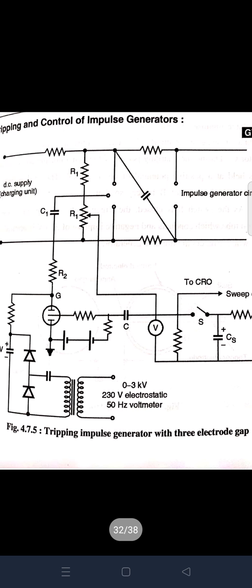Okay. The tripping impulse is applied through the capacitor C2 during the charging period of the generator. The anode of the thyratron tube is held at a positive potential of about 20 kV. The grid is held at negative potential with the help of a B battery so that it does not conduct during the charging period, and as the switch S is closed, the trigger pulse is applied to the grid of the thyratron tube which conducts, and a negative impulse of 20 kV is applied to the central sphere which triggers the impulse generator.